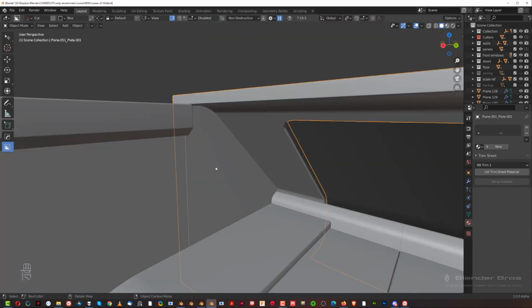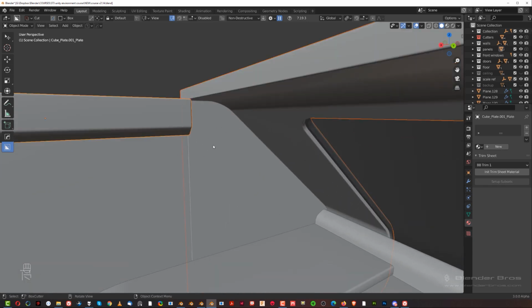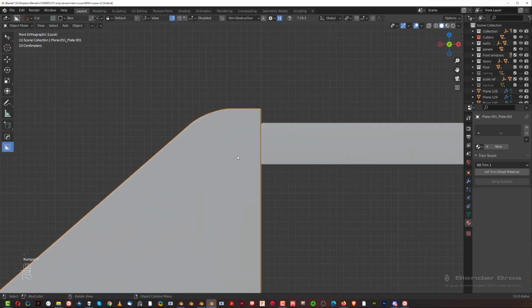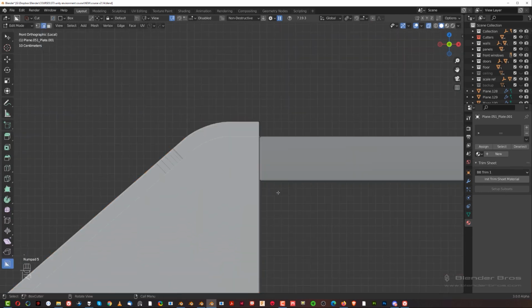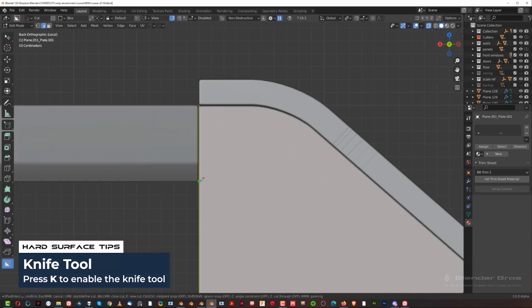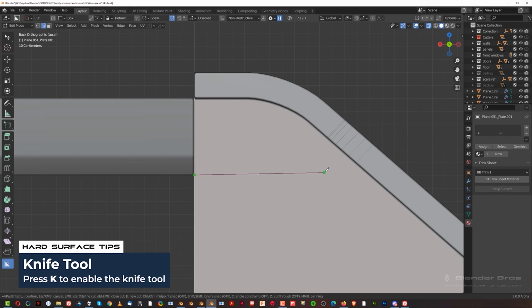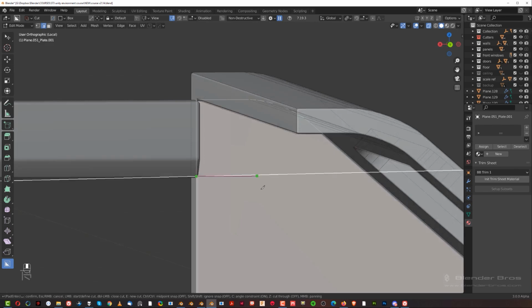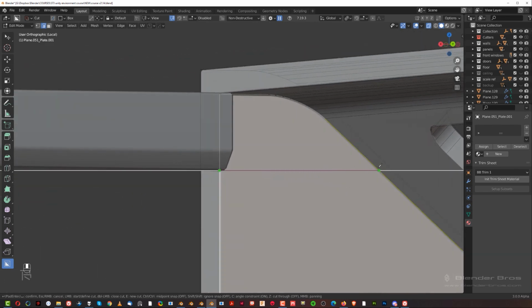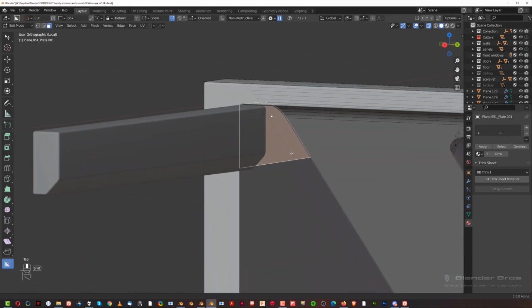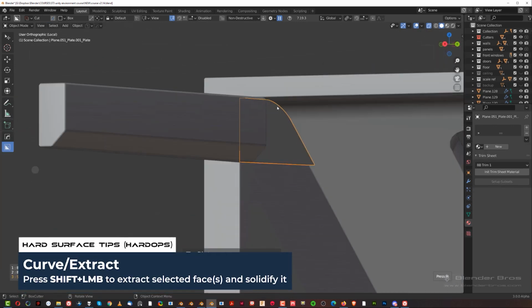So here what we could do is grab these two, go to local view, and basically cut it with a knife. So let's go here and cut it with a knife. K for knife, then C, and enter. There we go. And let's grab this bit, and let's simply Shift curve extract, up to here,